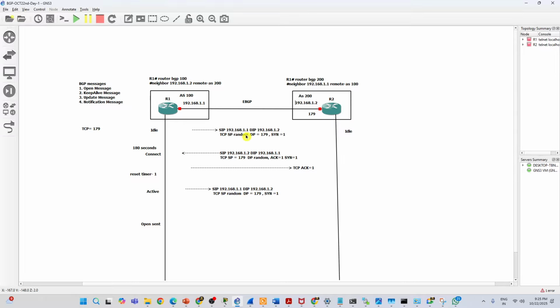It means SYNACK should be completed. Until the three-way handshake process is completed, it will not move to the OpenSent state. Understand? First, it should establish a connection. So first, in the idle state, it sends a synchronization packet and moves to Connect. It is waiting for the SYNACK. Within 180 seconds, if it is not receiving it,